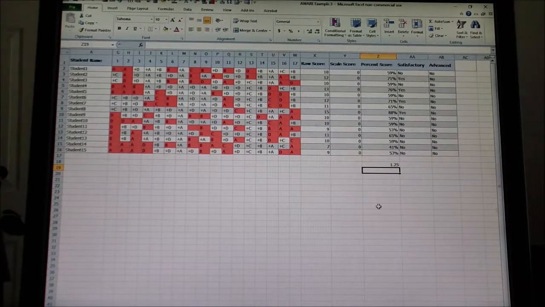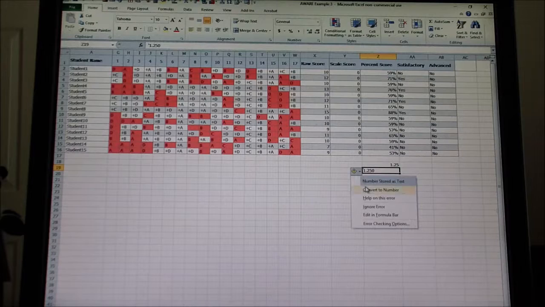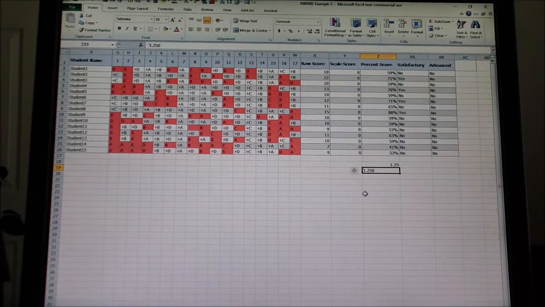But if I wanted it to be text, I could put an apostrophe 1.250. And notice it's over on the left side. This is written as if those numbers were text and not numbers. If I wanted to convert it back over, then I'd go like this and convert it to the number, and it'll go like that. Let me go back, and so if this is a text,